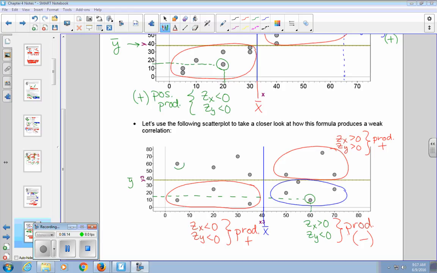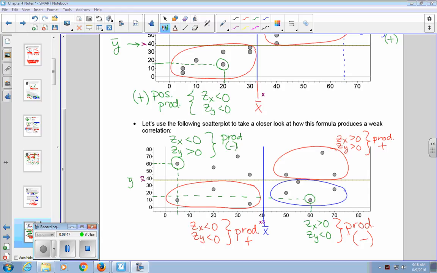Let's take this point as our next example. So we're in the top left. If you look at its x-coordinate, for that vertical line at x bar, its z-score for the x value is below average, so it's negative. If you look at its y value or y-coordinate, it's above the horizontal line. It's above the average of the y values. So that means its z-score for the y-coordinate is greater than 0. It's above average. And once again, we have a positive times a negative, which is going to give us a